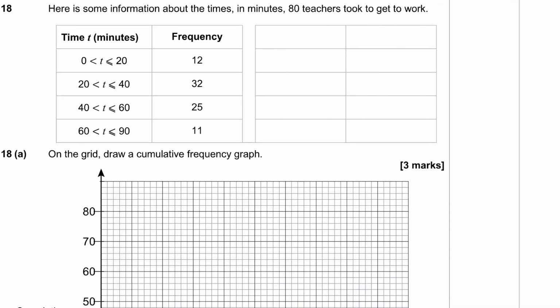Question 8 has a group frequency table showing the travel time that 80 teachers took to get to work. And we're being asked to draw a cumulative frequency graph of this data. Now, cumulative frequency is where we plot the upper class boundary against the cumulative frequency. So we're going to use the class upper boundary, which is 20 in this case, and 40 and 60 and 90,